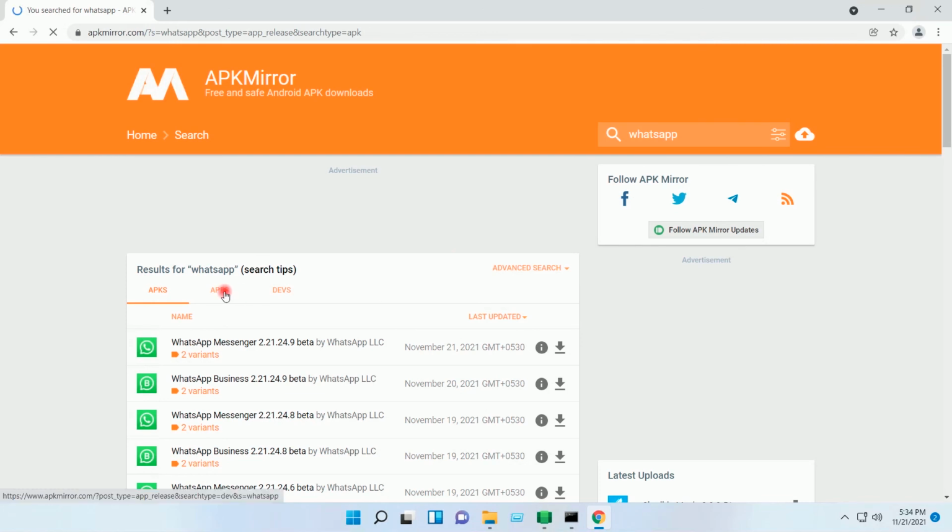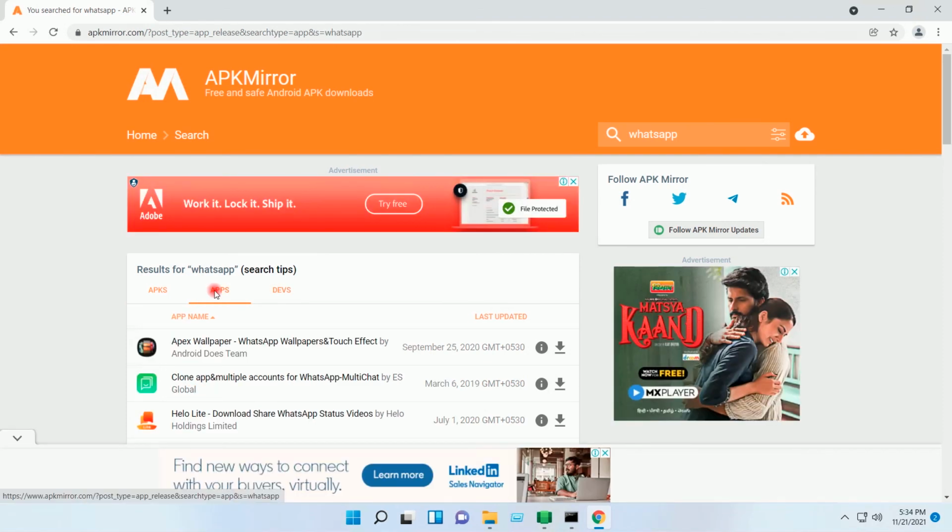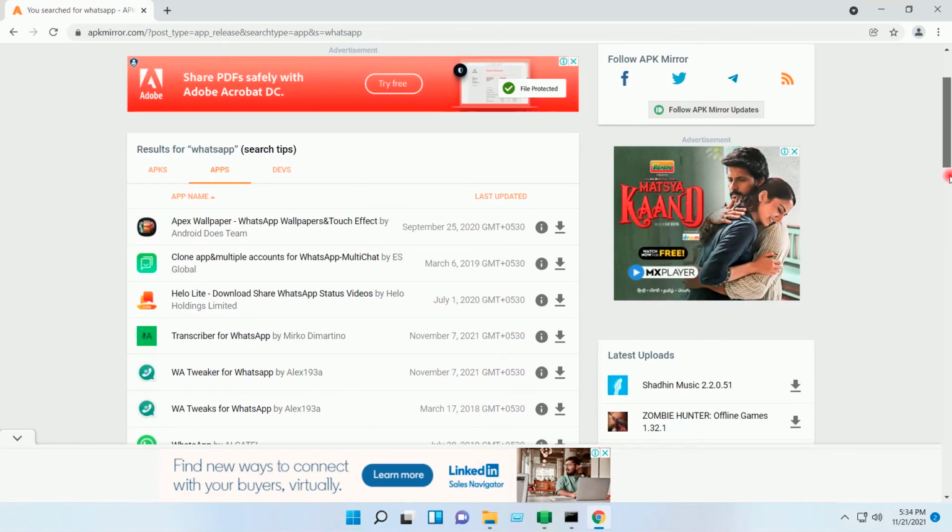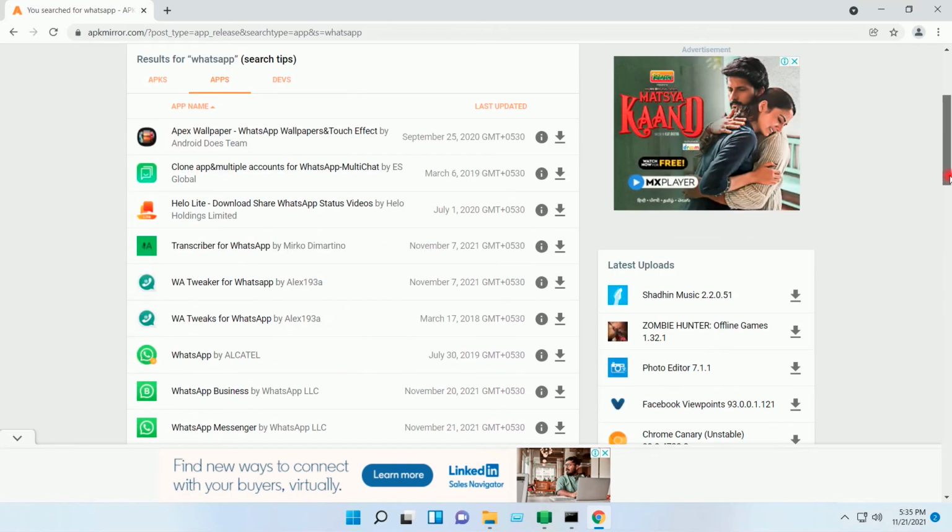Apps. I will click on WhatsApp Messenger.